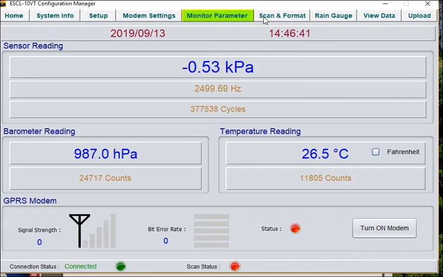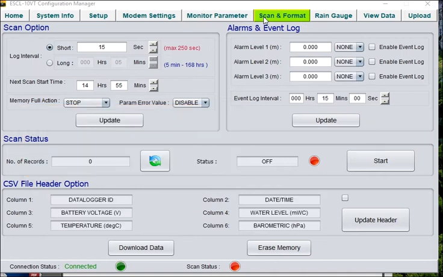Now once the piezometer is installed, you need to check the readings and download them. You need to go to scan and format. Under the scan option, there are 2 options given, short and long. Short is maximum 250 seconds, long is for 5 minutes to 168 hours.